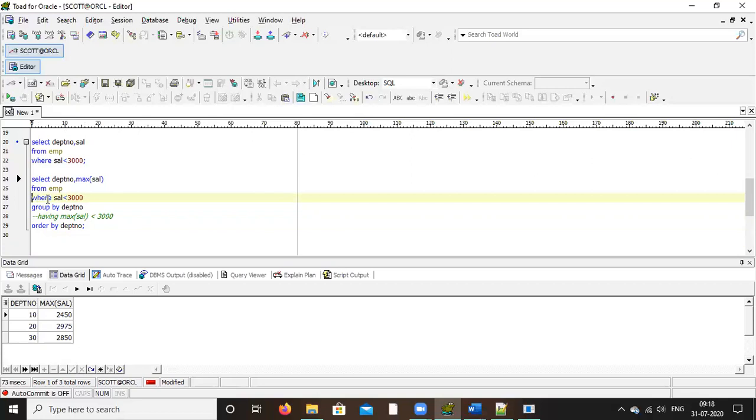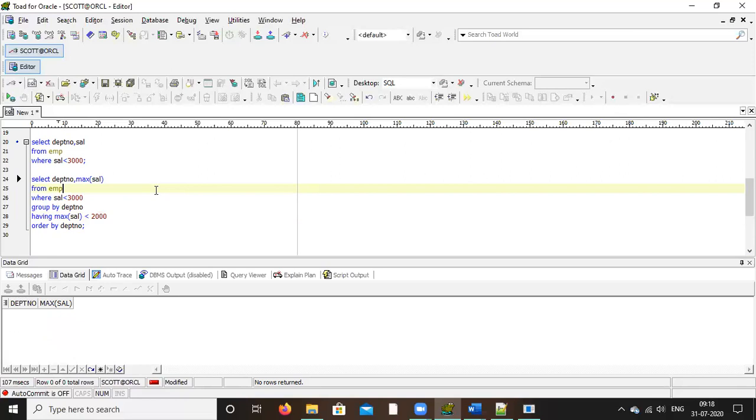Uncomment the where clause and the having clause. 2,500. Okay. So this is very, very important to write a query.